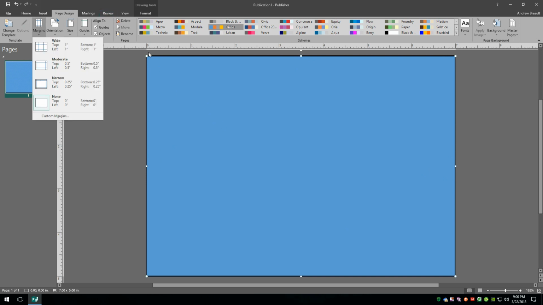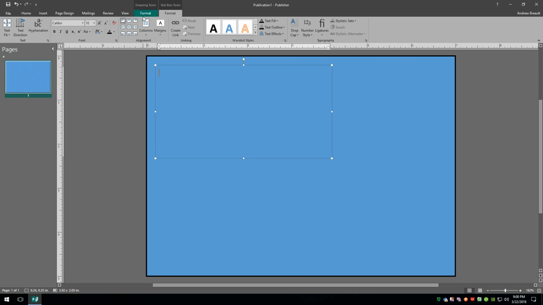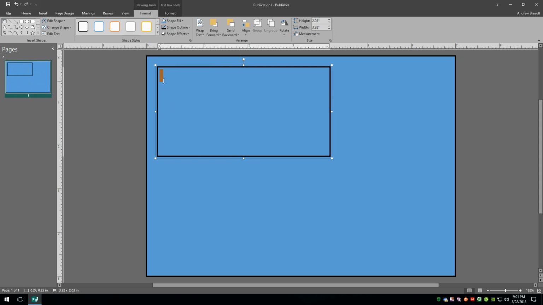So like if I were to create, let's go home and do a text box. If I put a text box in, I want it to be at least a 1/4 inch in. Start right there. All right, let's do a basic outline on this. So format tab, and we'll say outline, and we'll just make a black outline. We would want the text to stay in about this far, because what we'll end up doing is we're going to cut just into the color, and we don't want to cut off any of our text, right? So if this